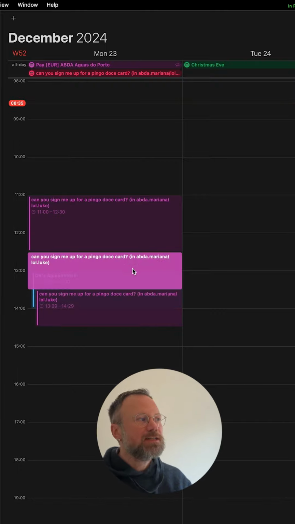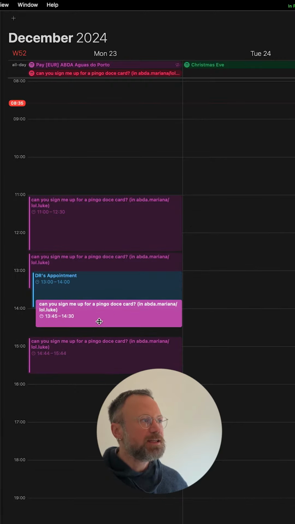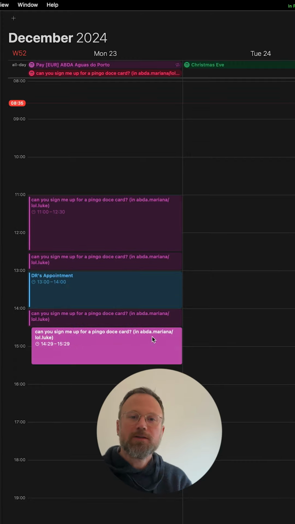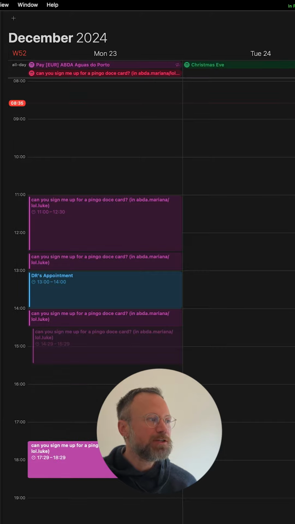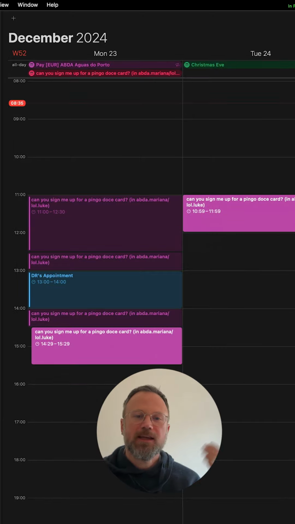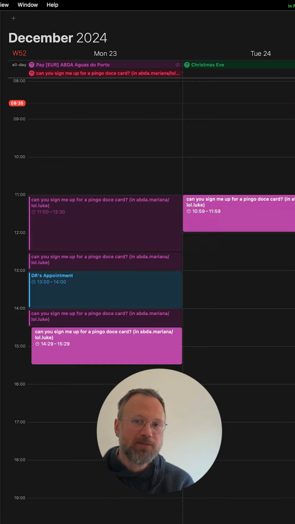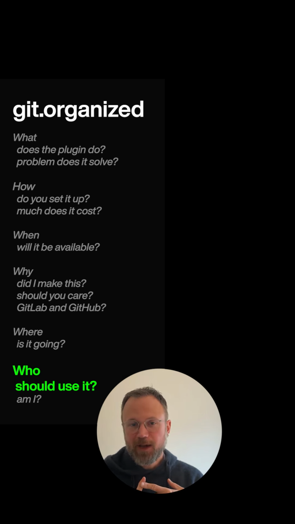So if I have a task and there's a conflict on another calendar, then it'll automatically split the task into two around that conflict or that time block. And then also incorporate boundaries into the conflict checking. So if something goes past 6 p.m., it'll automatically go to the next day and push everything down, essentially creating a live Gantt chart. If you use GitLab and GitHub in any way, if you need a free, very efficient